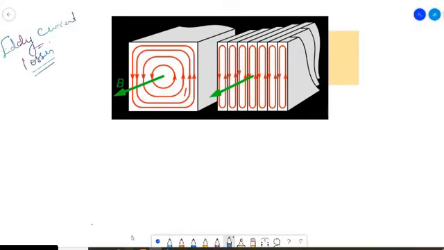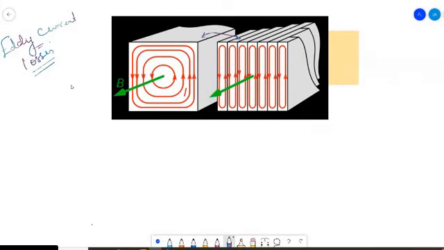So here you have two materials. The first material is a single block, as you see here. Here you have multiple blocks put together. You can see that there are multiple blocks put together, and we are obtaining more or less the same size as this by putting together multiple materials.